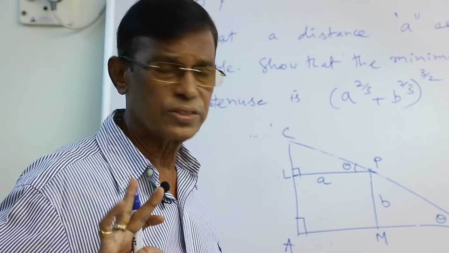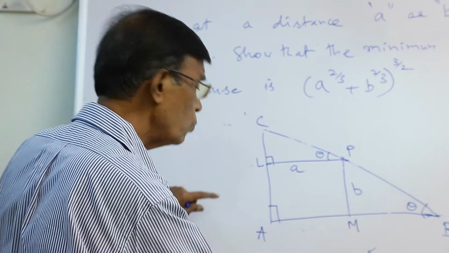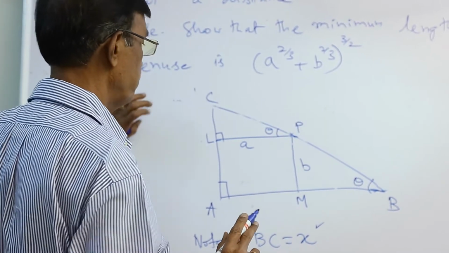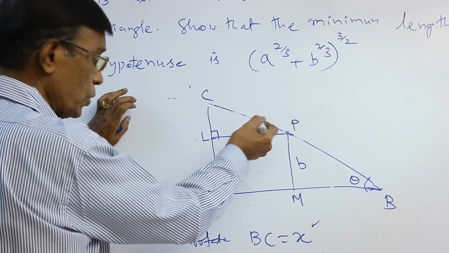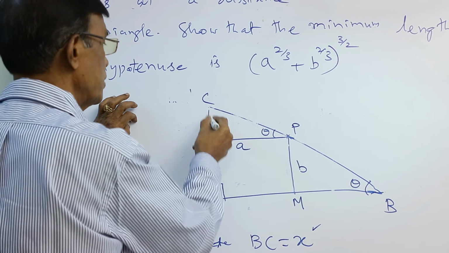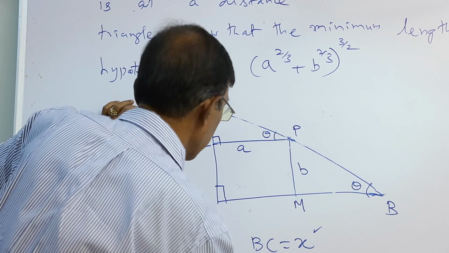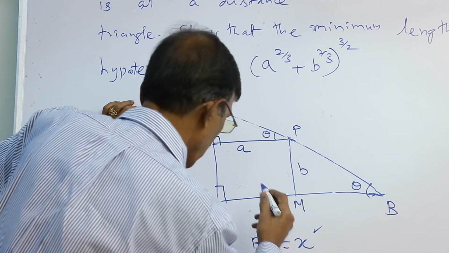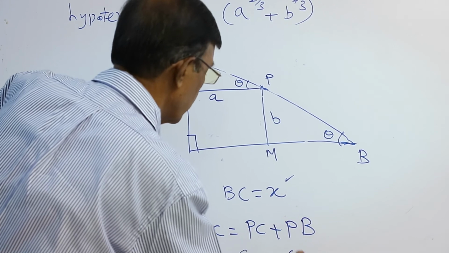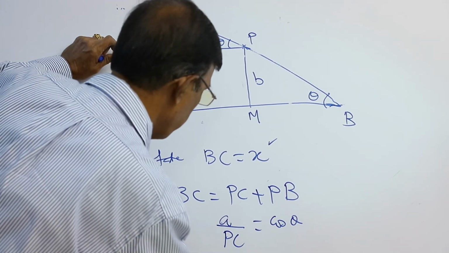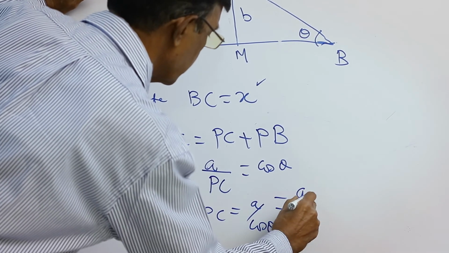So this x equal to PC plus PB. Now you should ask them, how can I calculate PC? Because A is known, theta is introduced, so he will tell you, sir, in this right angle triangle, this is adjacent side by hypotenuse, that is A by, what is that? Adjacent of PC equal to your cos theta. So your PC equal to A by cos theta, that is A secant theta.